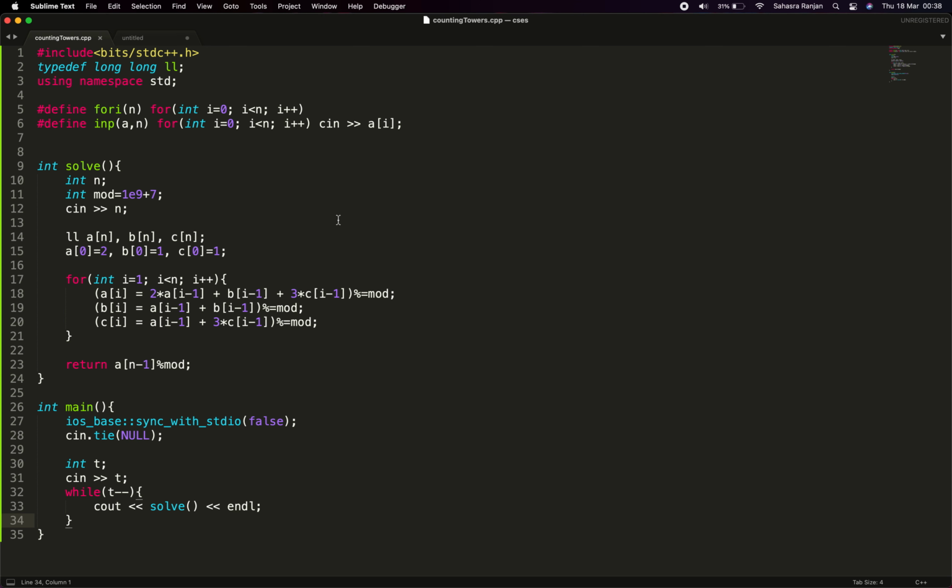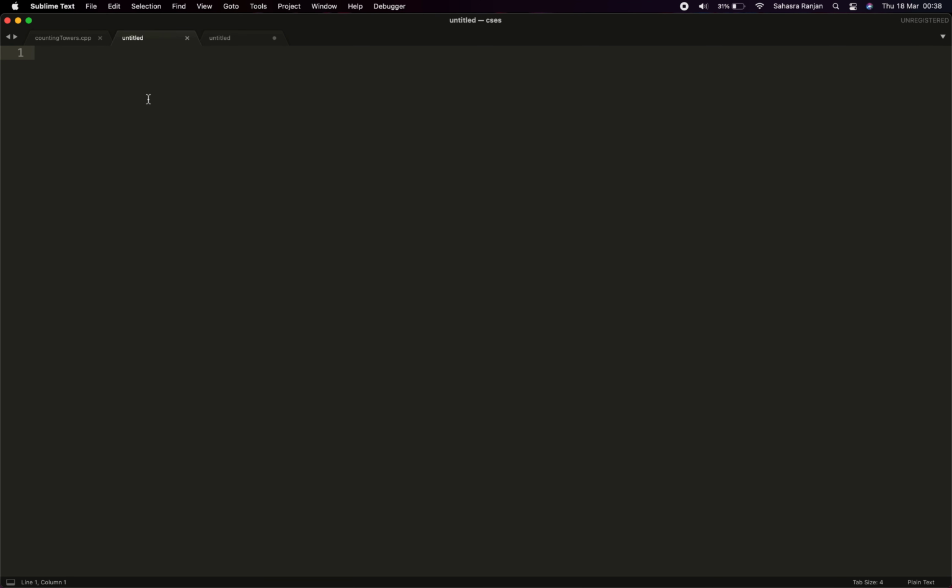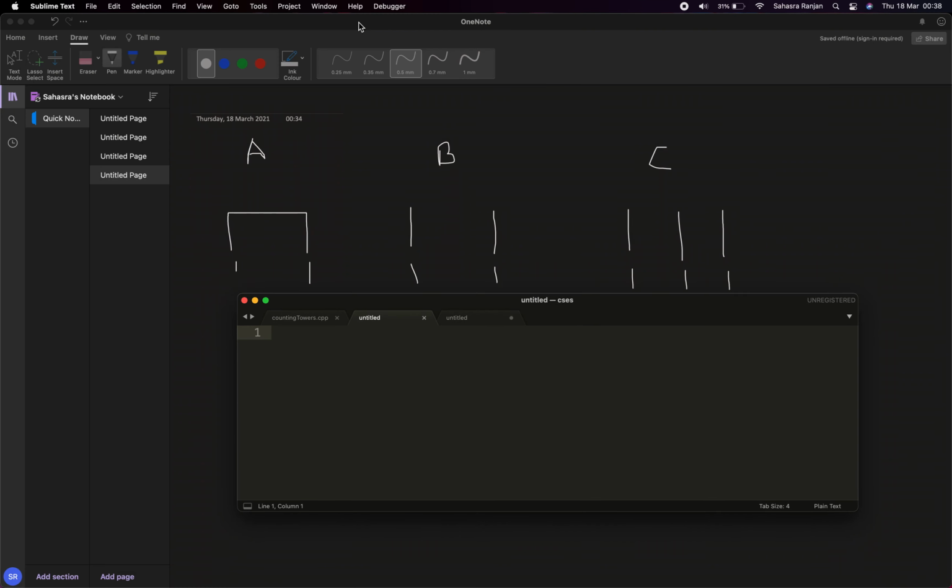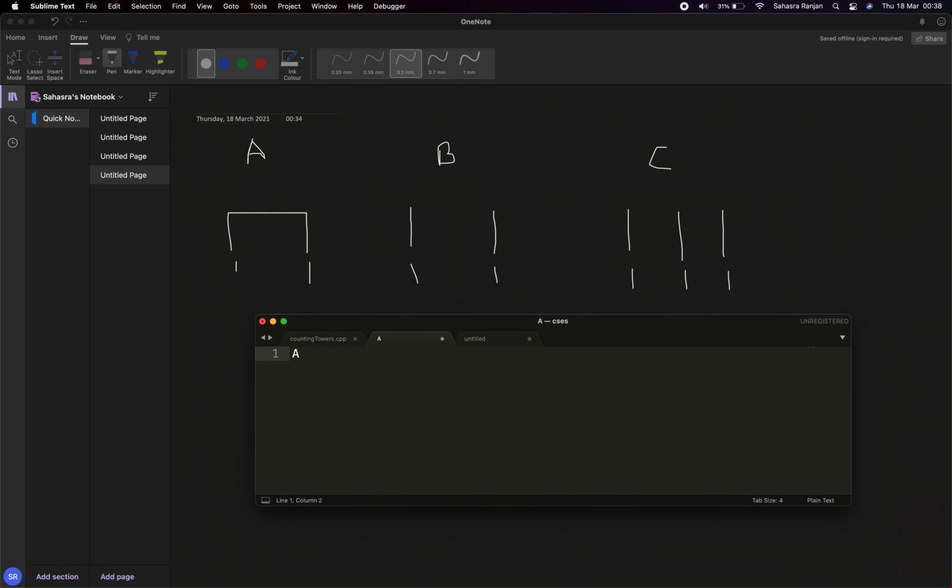A of n is basically this of size n, these kinds of cases. So our answer will be basically A of n only. A of i will be A of i minus 1 times 2.